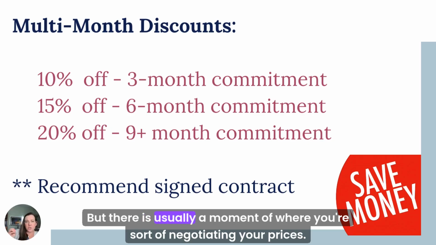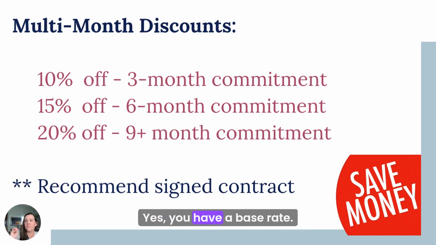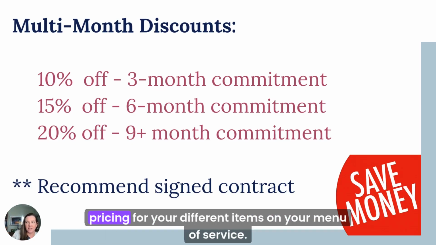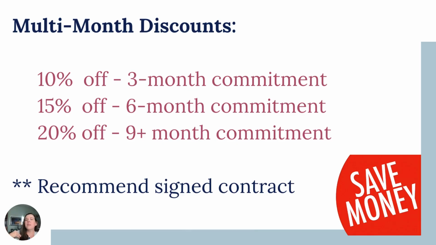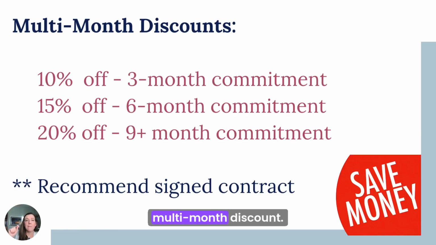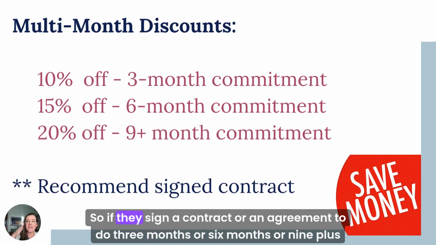But there is usually a moment where you're sort of negotiating your prices. Yes, you have a base rate. Yes, you have an amount that you're going to charge and that you use to calculate the pricing for your different items on your menu of service. But if you need to have a little bit of wiggle room, this is a nice way to do it, the multi-month discount. So if they sign a contract or an agreement to do 3 months or 6 months or